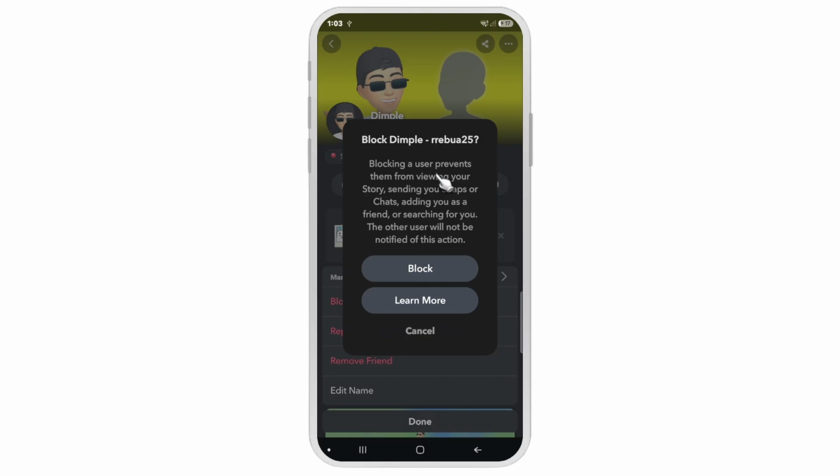So it says here, blocking a user prevents them from viewing your story, sending you snaps or chats, adding you as a friend, or searching for you. The other user will not be notified of this action. So tap on block and you're good to go. That's how simple it is to block